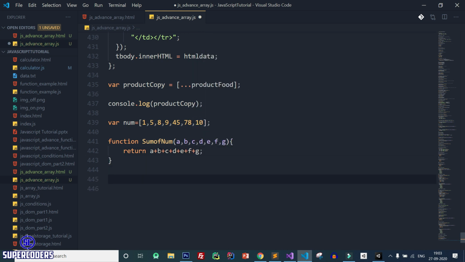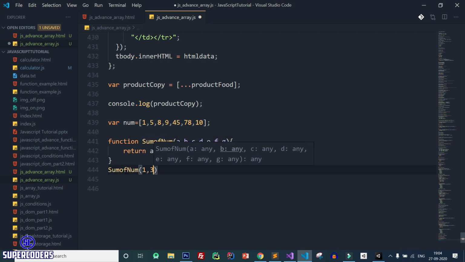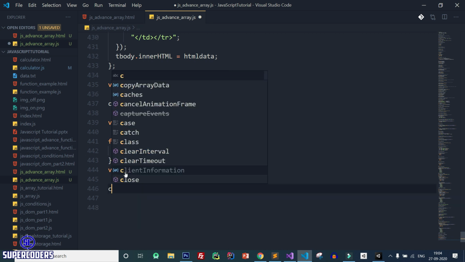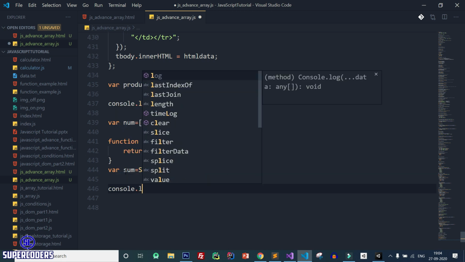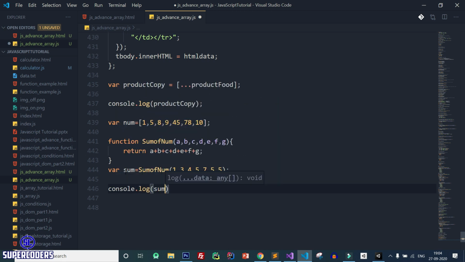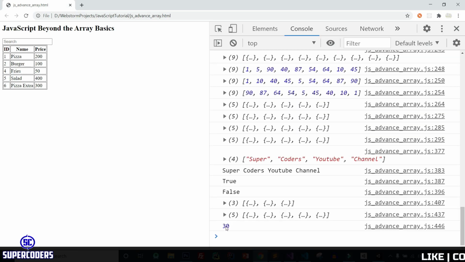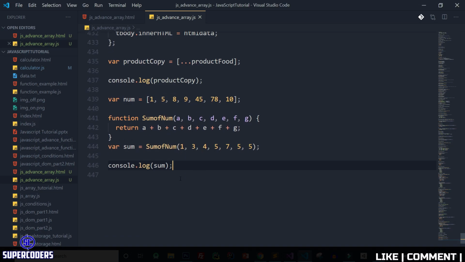After that let's call this method. So you can call this method by simply passing some data like 1, 2, 3 or any data which you want to pass. So let's save it and print console.log sum, save it, back to Chrome, refresh page, and you can see it is printing 30 as the result. But here you can see I am passing each value as a function parameter.